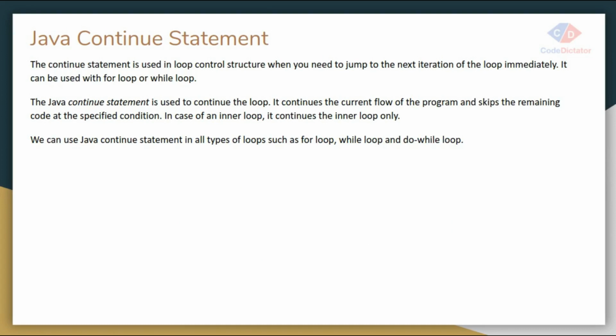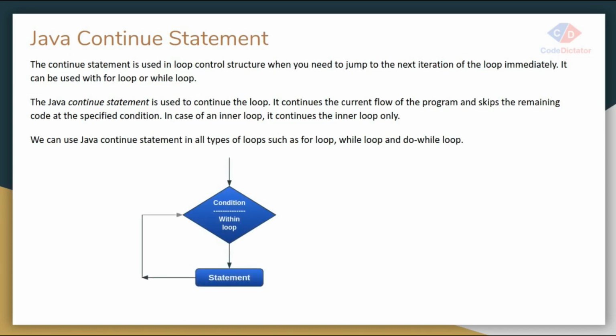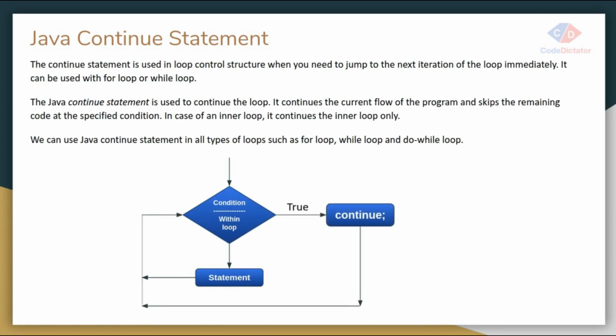Let's start with the continue statement, or continue keyword. The continue keyword is basically used to skip a particular statement. If you want to skip any statement at a certain condition, you can use the continue statement. Let's understand the concept with the help of a flowchart. Whenever I run my program, it will go inside my loop, iterate, and print the statements n number of times. But if a particular condition is satisfied, that statement will be skipped and it will execute the next statement. This is the basic flow of the continue keyword.